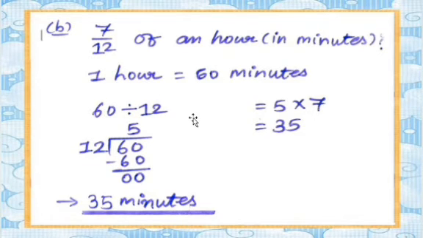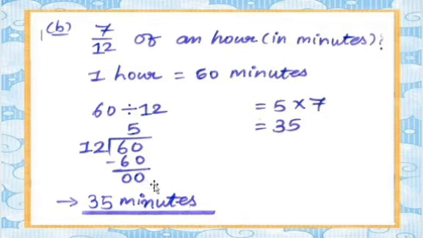Okay, 60 divided by 12. So dear students, in table number 12, I hope you all know, and I already taught you table number 12. I hope you remember. Okay, and now memorize with me. 12 5s are 60. 12 1s are 12. 12 2s are 24. 12 3s are 36. 12 4s are 48, and 12 5s are 60. Understood, my dear students?